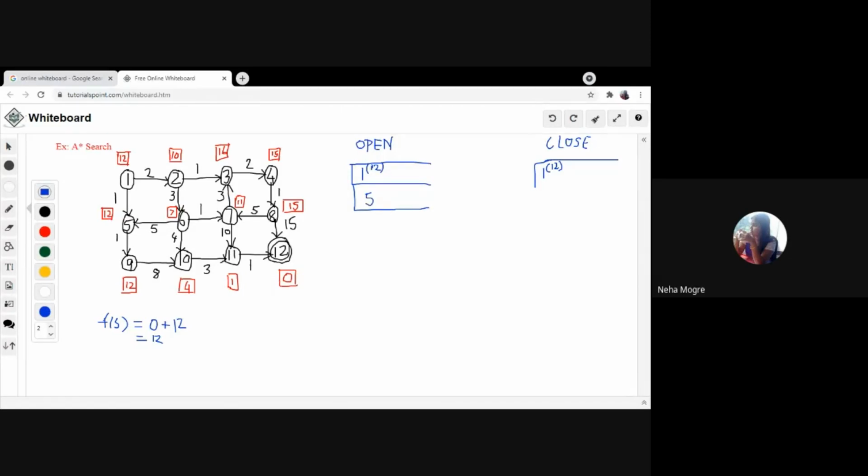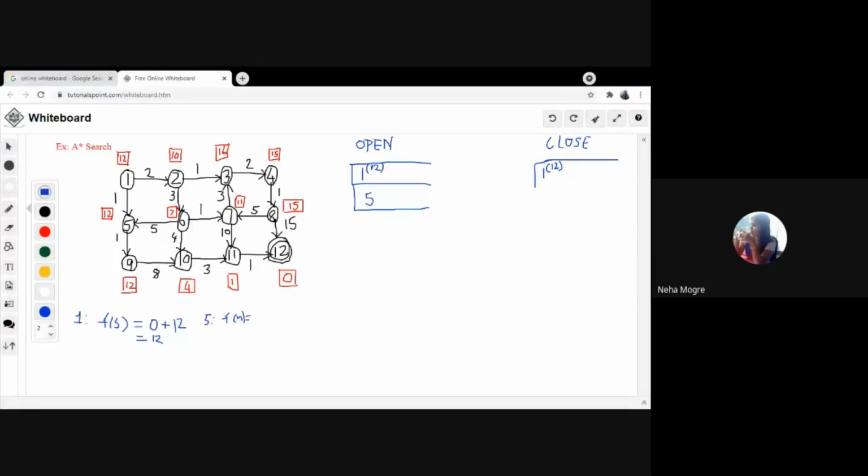What is the f of n value for 5? What is the g of n value? The distance calculation from 1 to 5, so that is the g of n value.